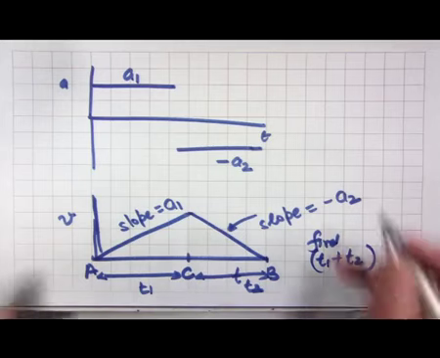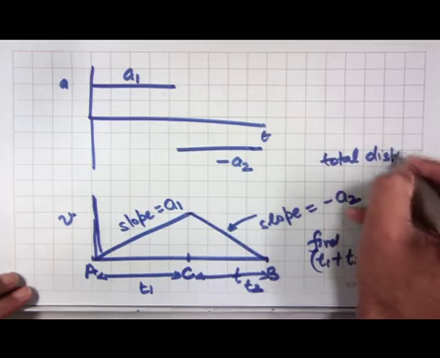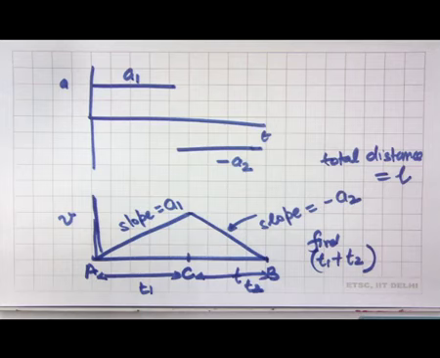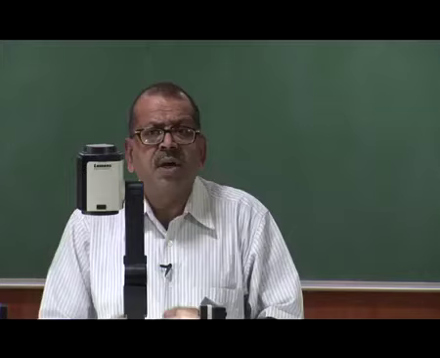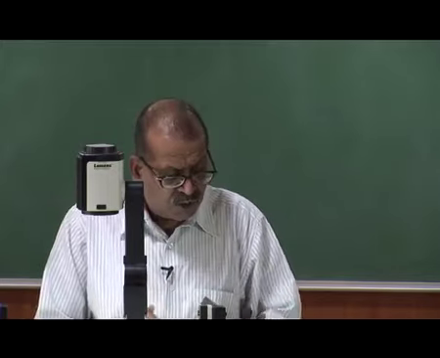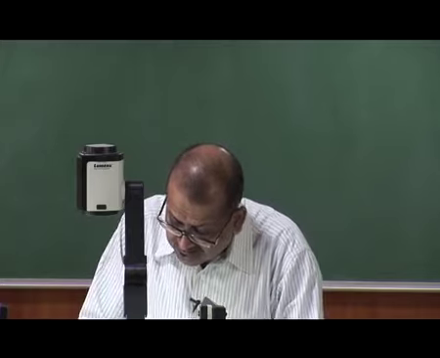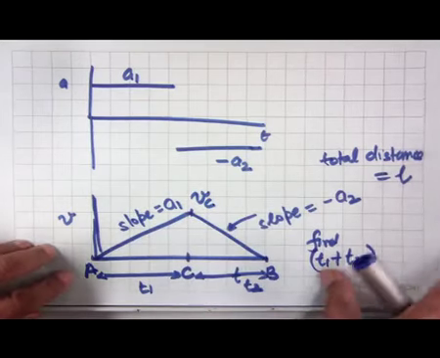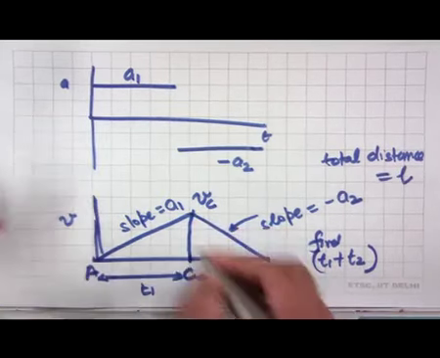And what is given to us is the total distance travelled, which is L. Now, distance is also the area under the velocity time curve. So, let us say the velocity at this top point is Vc. So, let us use this information. If this is Vc and we drop a perpendicular from here,